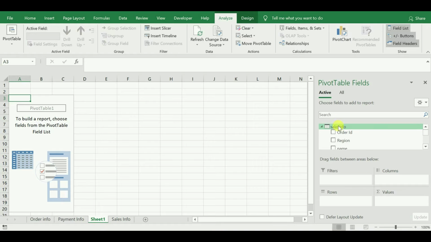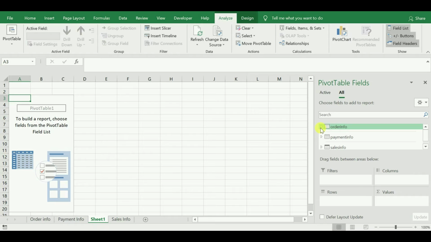In active I have sales info because I have created the pivot table from the sales info, so it is shown in the active section. I have one more section, that is all. When I click on this, all the tables which we have created will be displayed: order info, payment info and sales info.